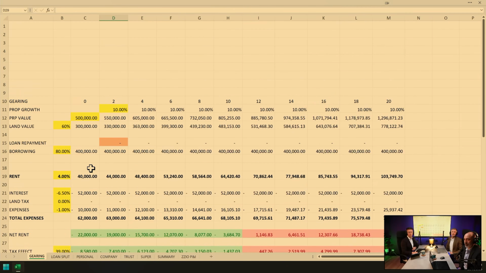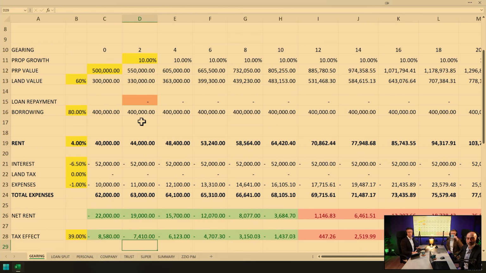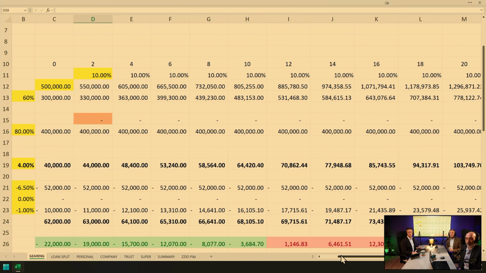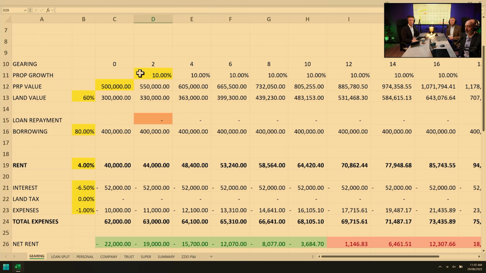Yeah. Now, just as a summary, I've got the gearing tab, just to highlight how gearing would work, because I've got an example. Yep, the first tab. So just to work through an example, we've got an individual, they buy a property. Now we can change the variables here. So I've plugged some numbers in. The thing to wrap your mind around here is that this is 2-year intervals. So everything's 2 years. So rent looks really high, but that's because it's 2 years of rent. So we're not making 40 grand a year, we're making 20 a year.